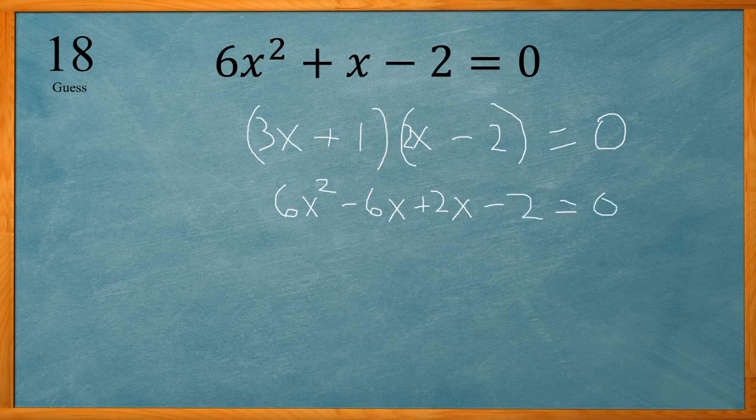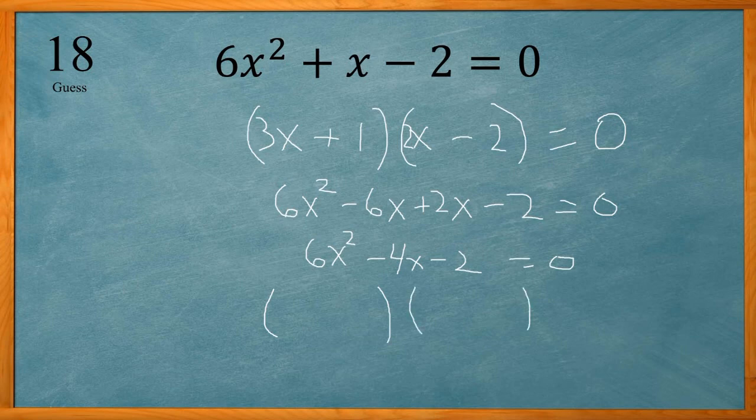Okay, so here I have, or reduce it, combine like terms, -6 plus 2x is negative 4x minus 2. So that's different than our original. So that's not the correct one. So if I try again,